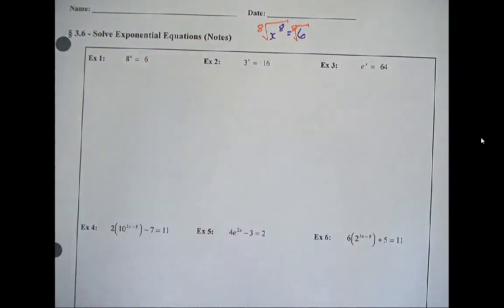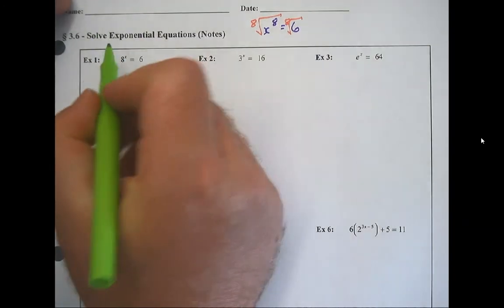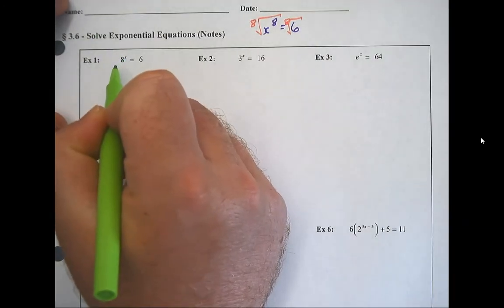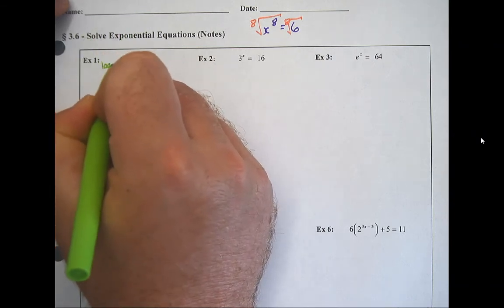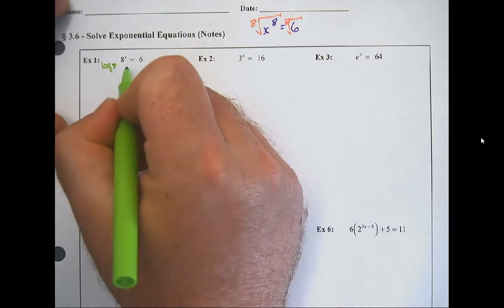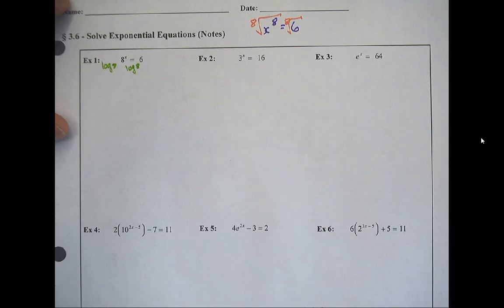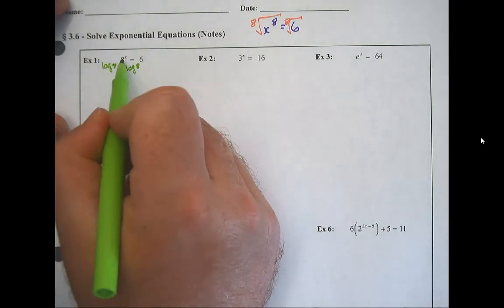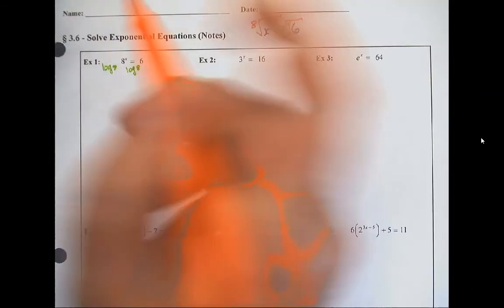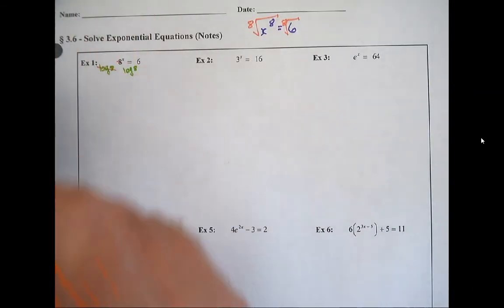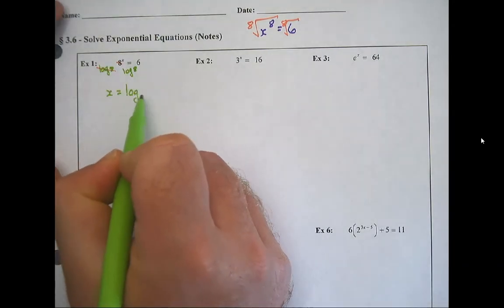How do we solve 8 to the x? Well, that's that thing that we introduced called log. I'm going to call this "8 to the." What kills 8 to the would be log base 8. Log base 8 and 8 to the, those things cancel each other out. So these two are gone. Cancel, cancel. So what's left on that side is x equals, and then on this side we have log base